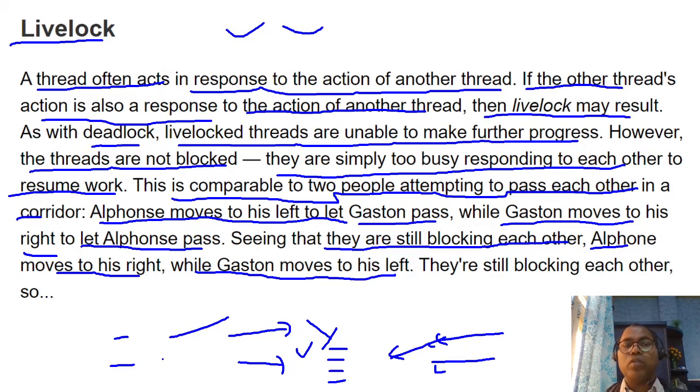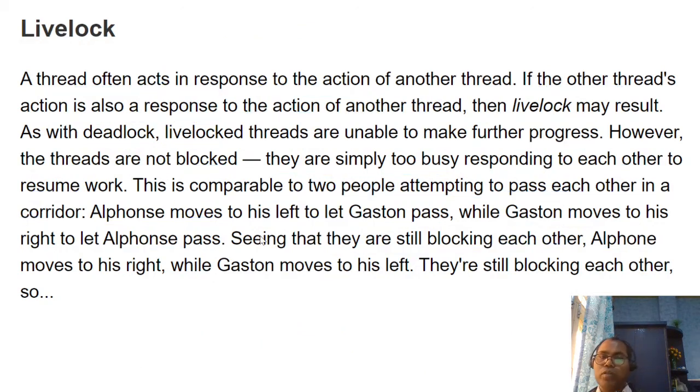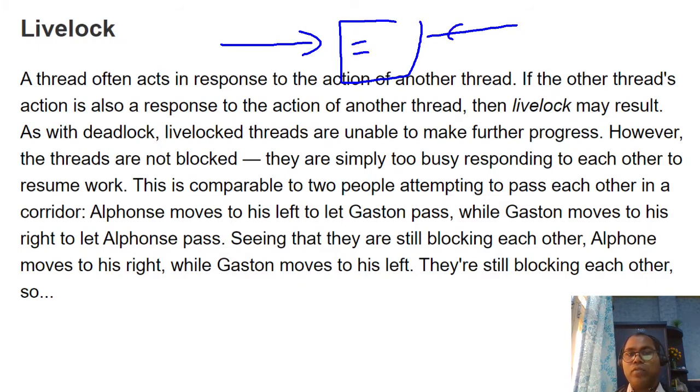This situation is known as a live lock: thread 1 and thread 2 are trying to complete some jobs, but due to the responses of these threads to each other, they are in a circular wait. They keep saying, after this completes I will do mine, and both remain in progress, but in the final outcome neither is able to complete the job.